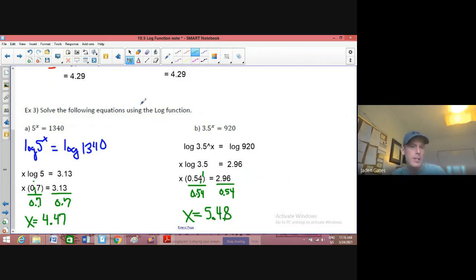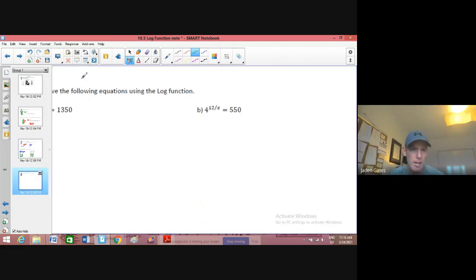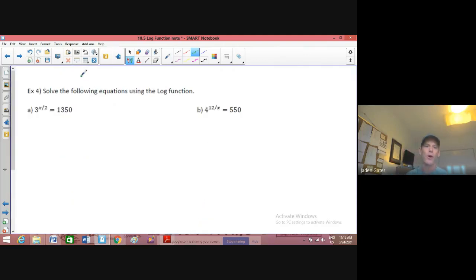There we go. All right, now going to do the same thing here. We're going to step it up a little bit, and I'll show you what I mean by that. Here we go, example 4. Again, solve the following equations using the log function. And again, the reason I'm using the log function is because I'm solving for an exponent. And I've got this log rule that allows me to make the exponent a normal number so I can deal with it. All right, so you can see I've got a fraction here in my exponent, but again, same first